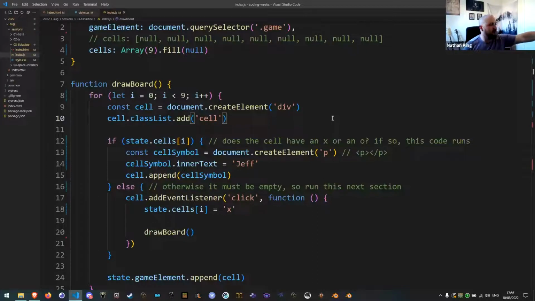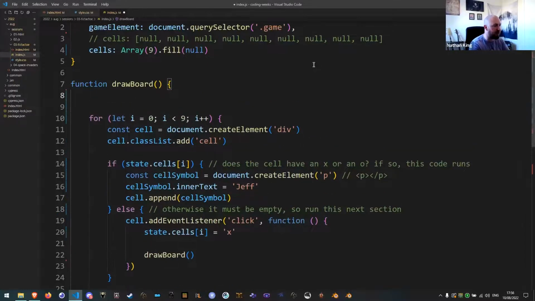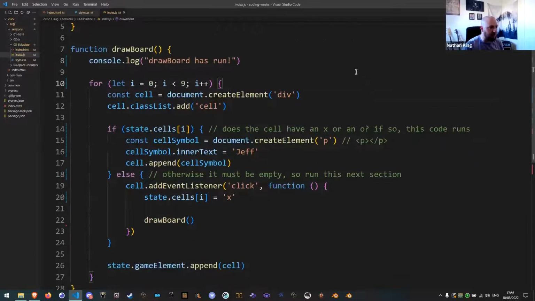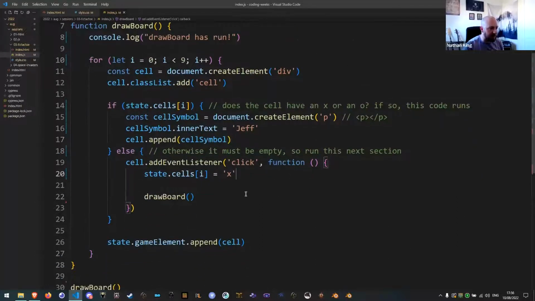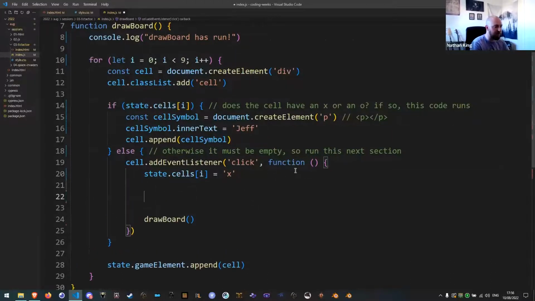Let's add some console logs so we can get some visibility here. So I'm going to add a console log right at the top of my drawboard function. I'm just going to say drawboard has run, just so I can keep track of every time this function runs. The next thing I'm going to do is add a console log inside my event listener for when a click happens. And I'm just going to say console log, I'm